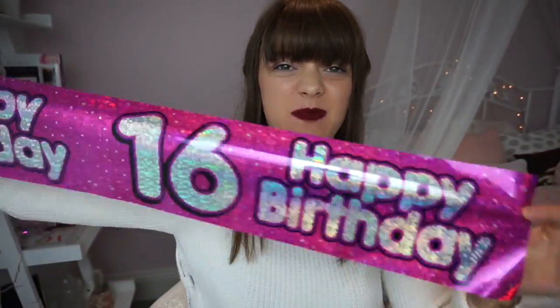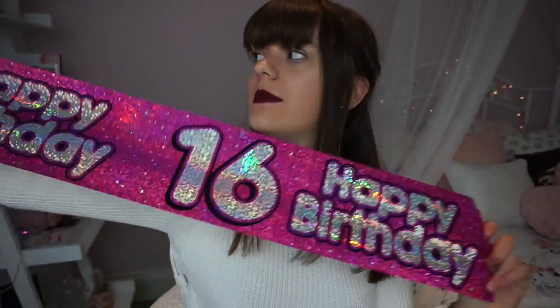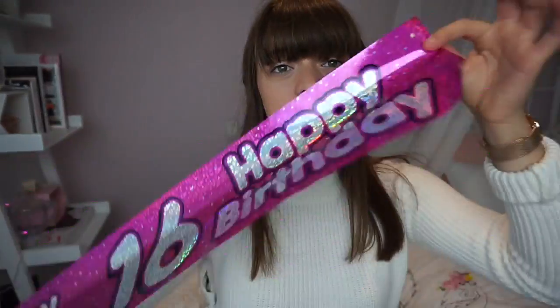The next thing I got was obviously party banners. Now these are only like 1 metre in length. They're just the same as the bunting, silver in the back, pink in the front, 16 happy birthday, just holographic. Doesn't matter if they get wet, doesn't matter if they get ripped. These were 99p for a pack of 3 and pack of 5, and they're each 1 metre long, and that was from Card